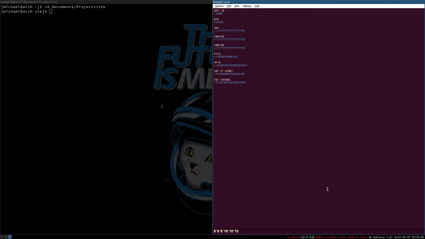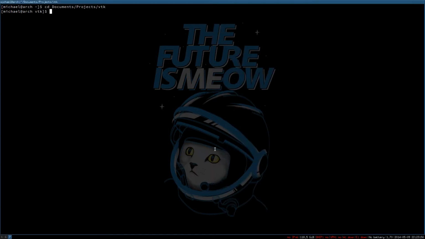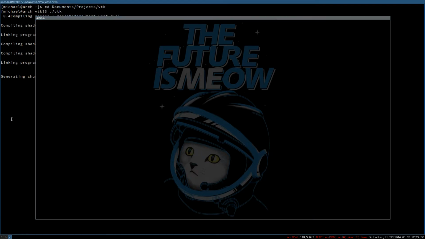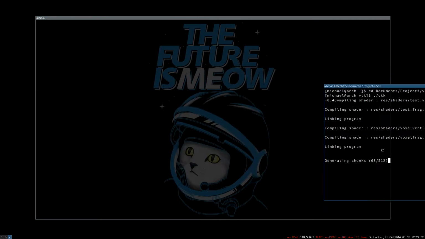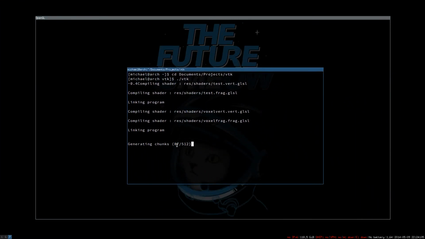My microphone may start clipping out because with this noise reduction, it is kind of flaky if your CPU usage spikes real high. But I guess we'll see in the recording. Let's go ahead and give it a try. One thing I could do is just make this floating real quick, and you can see here it's got a little thing showing how our progress is, and it'll generate chunks, and then it'll start generating the geometry, which is the slower part actually, and I'm going to get to that once we actually get the engine loaded up here. It takes a solid 5 minutes to load